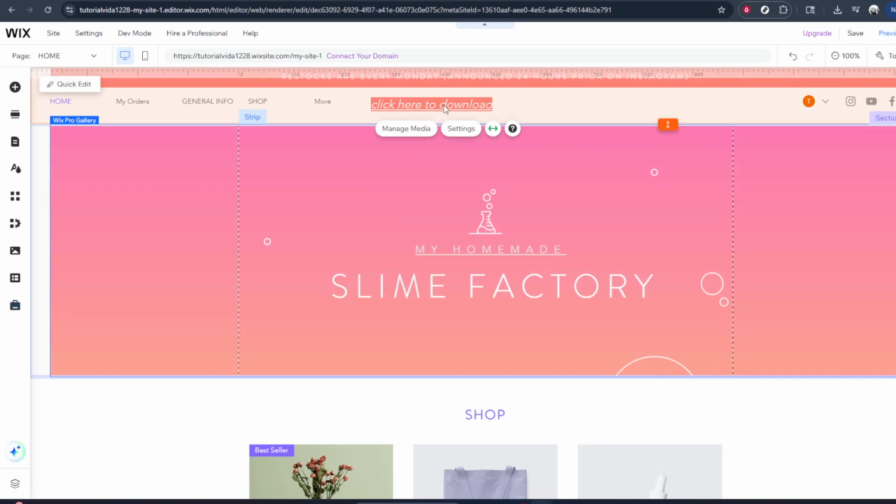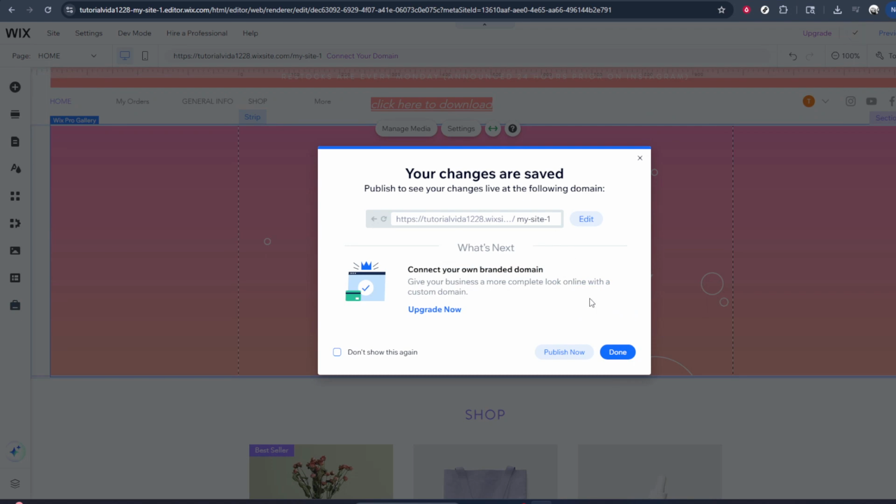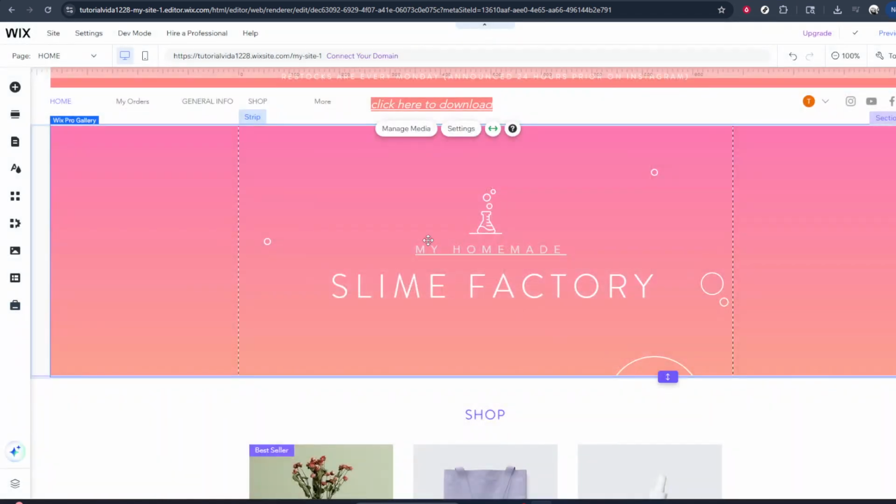When you're satisfied, click outside the text box to exit the editing mode, and don't forget to save or publish your changes so the highlight appears on your live site. That's all there is to it. With just a couple of clicks, you can make important